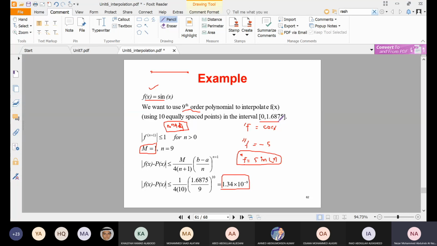What will be the maximum value? So this will equal m. So m is equal or greater than this value. For example, for the sample version, I will take the lower bound and the upper bound. If I substitute instead of x and the nth derivative by 0, this will go to 0. If I substitute here instead of x and the nth derivative by 1.6875, I get